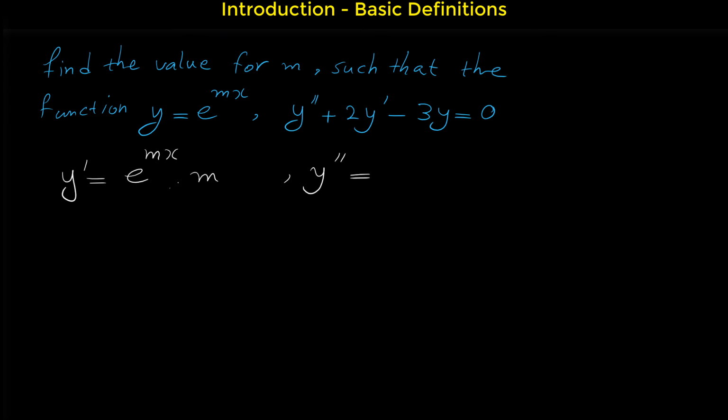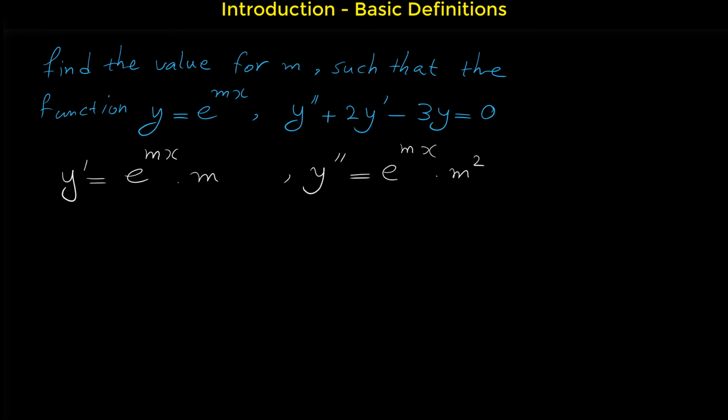You don't need the product rule for finding the derivative of this function. M is a constant, so just write the constant and take the derivative of e to the mx again. The derivative of e to the mx is again e to the mx times m. And if you multiply that m with this m here,